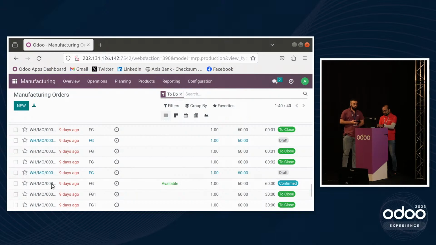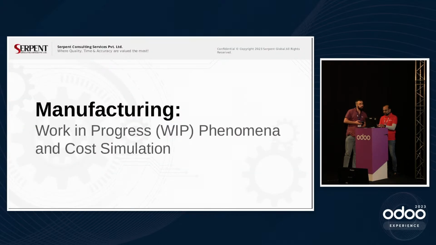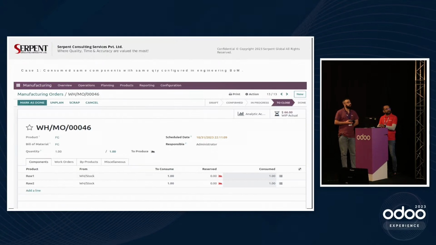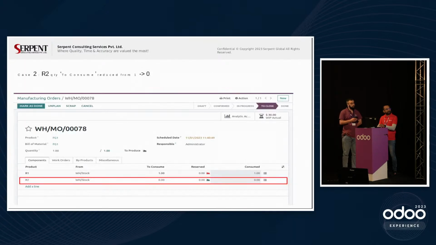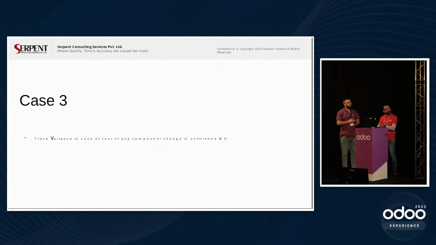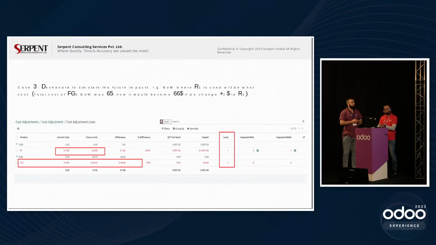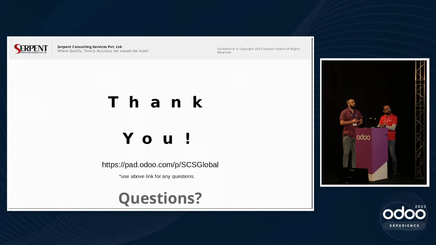Okay, pad.odoo.com, SCS global. We will wait for like 5 minutes.